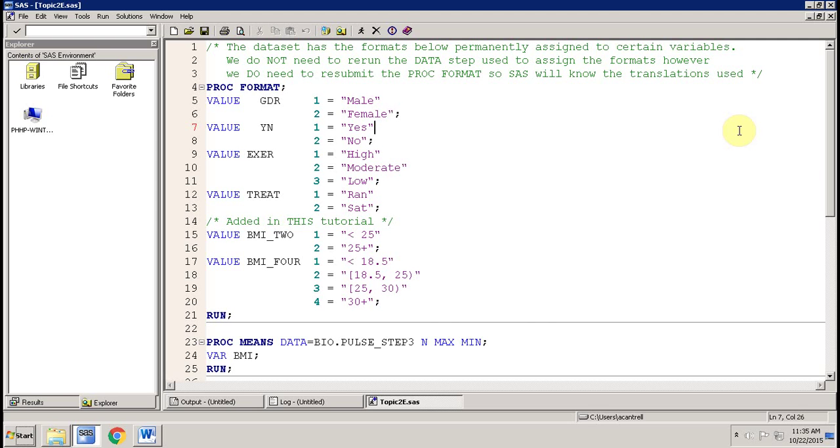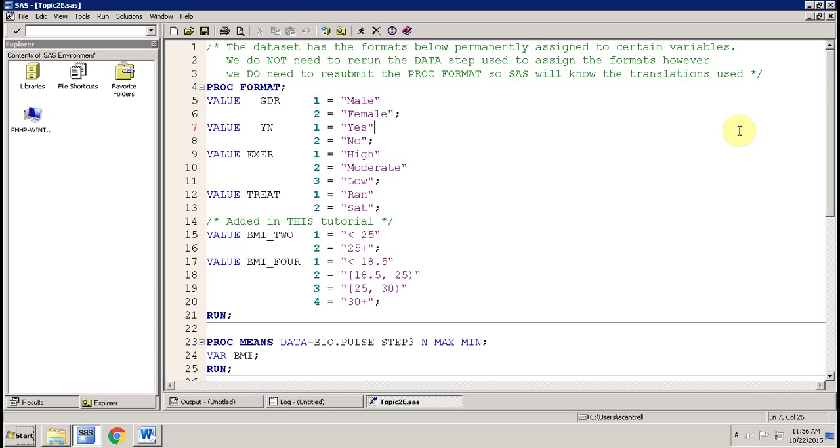In addition, there are often other reasons to categorize variables, varying from the intended audience to the need to handle nonlinear predictors in multiple regression analysis. Here we will categorize the body mass index variable created in topic 2D into a binary version, which looks at overweight, BMI greater than or equal to 25, versus not overweight, BMI less than 25. And a multi-level version which categorizes into the standard categories.